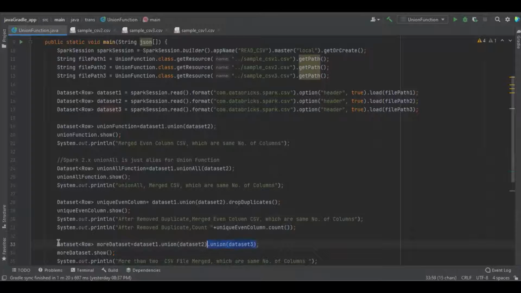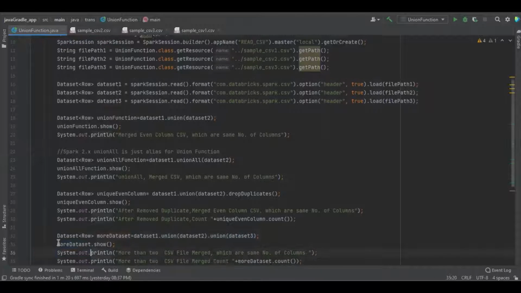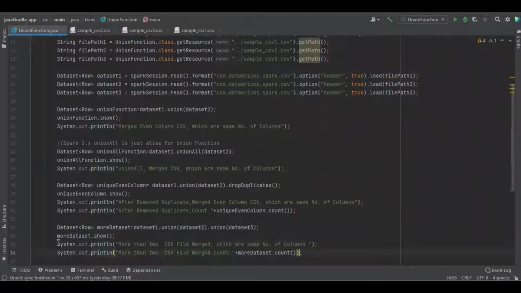And the next thing, as I said earlier in the definition of union, a union of more than two datasets is also possible. If you want to use more than two, we further call the union function and define the dataset. Here I have used dataset1, dataset2 and dataset3, and later I display those records and the count as well. Fine, let's run the program,